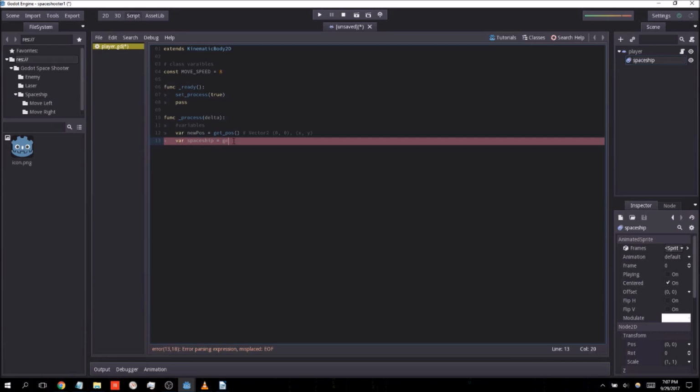We want to get the location in memory for the spaceship, for the sprite. So we're going to use the method getNode. GetNode, the node spaceship. There it is. This works particularly because the player is the parent object of the spaceship. So getNode is able to say, okay, well, do you happen to have a child node named spaceship? Hey, there it is. Okay, so we're going to get you the memory address and store it in the spaceship